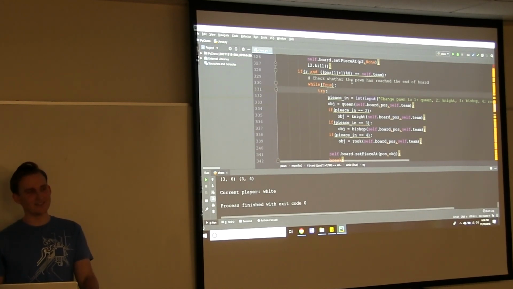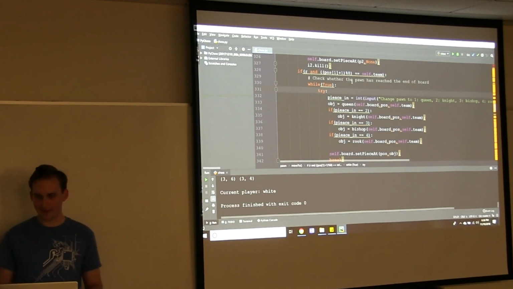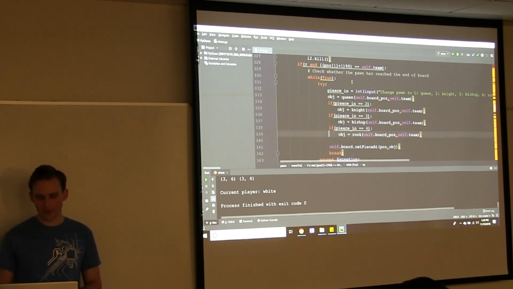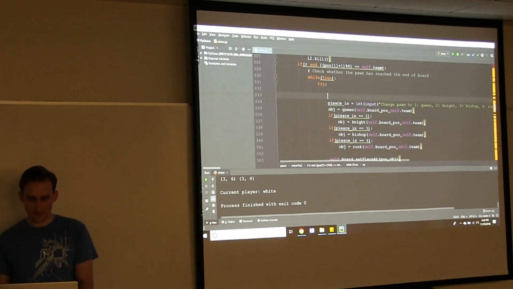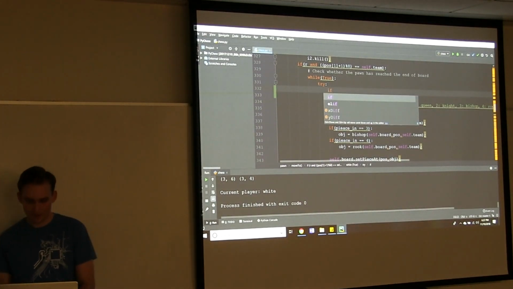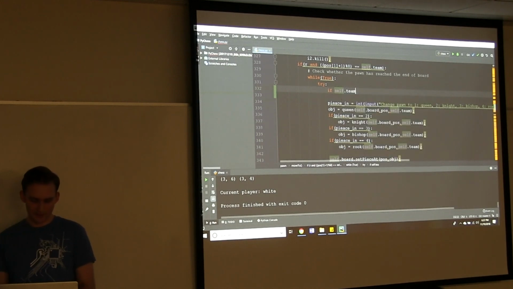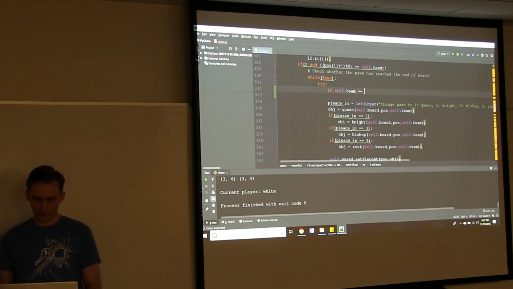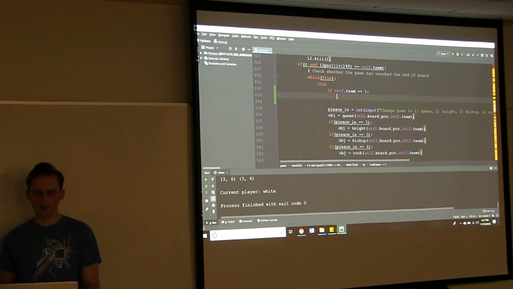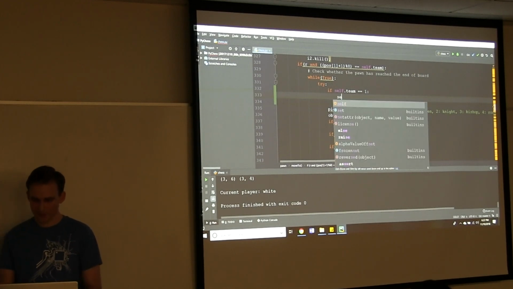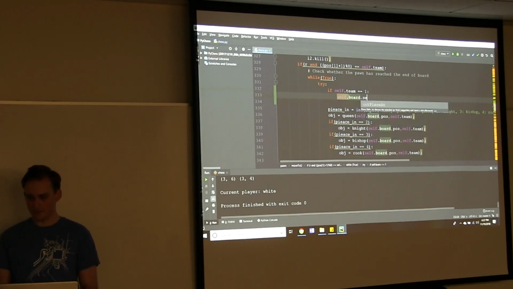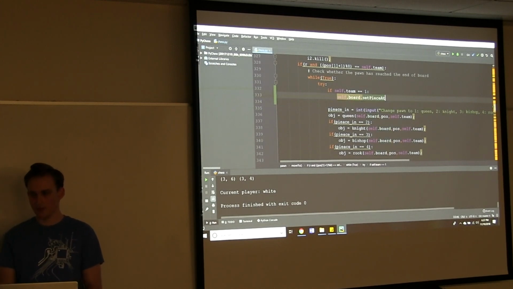So if everyone can dive with me into line 331, deep into the chess logic section, we are looking at the logic for promoting a pawn. And we want to just make some brief changes to specify different behavior if the player is black. And black is represented as 1, by the way. 0 is white. Just an implementation detail.